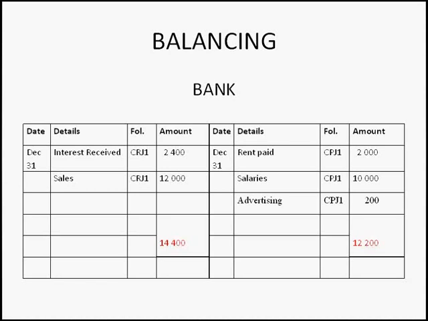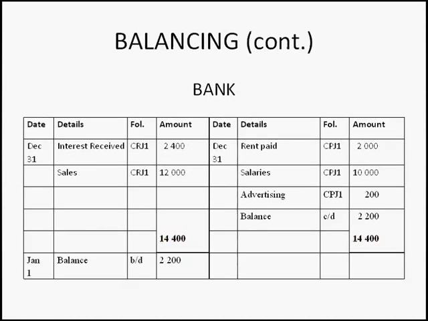So when I do that, I call it balance carried down. If you look on the right-hand side now, below my transactions, I've got rent paid, I've got salaries, I've got advertising, and then I've got the amount that will equal my two sides out, and that is called balance carried down, 2,200 Rand. Because if I now add the left-hand side and I add the right-hand side, they both will equal